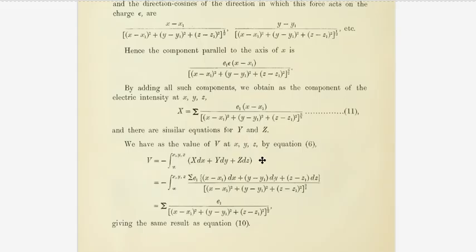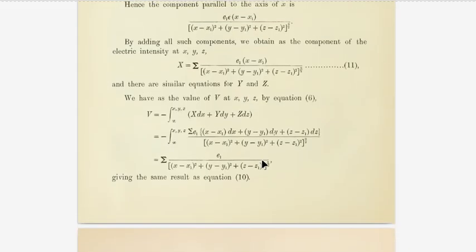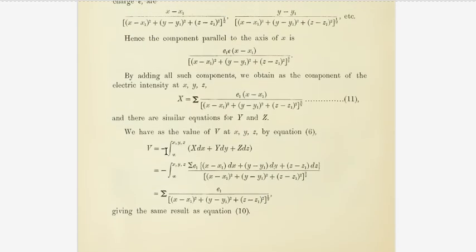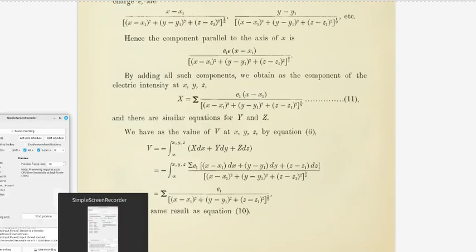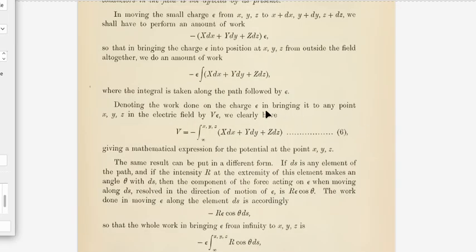We have as the value of V at x, y, z by equation 6, a set of equations on the screen, giving the same result as equation 10. 41. If the electric distribution is not